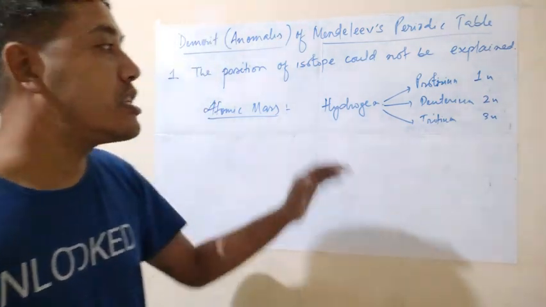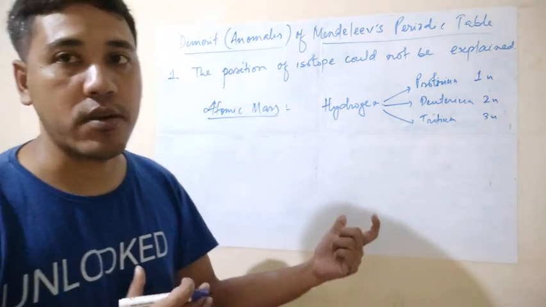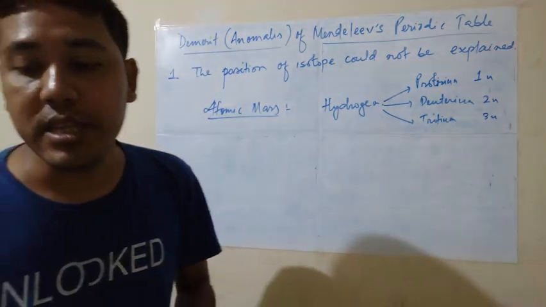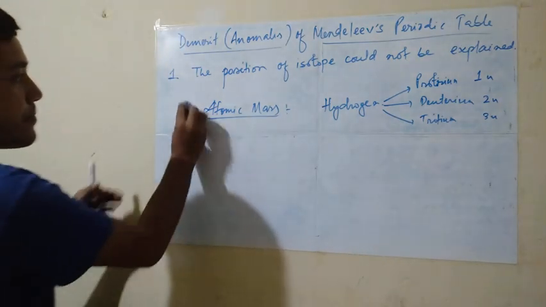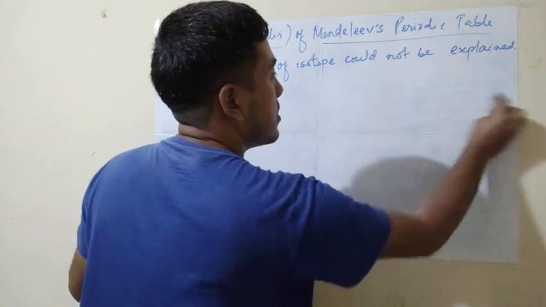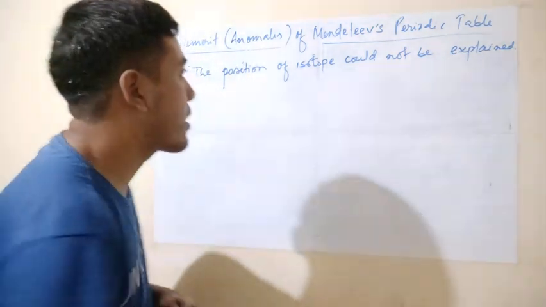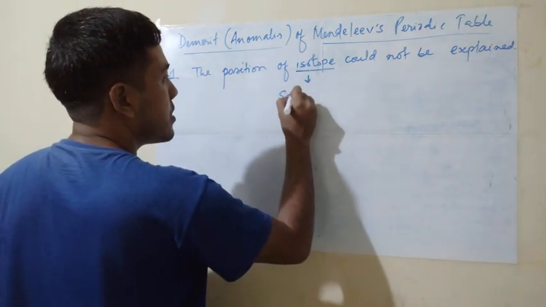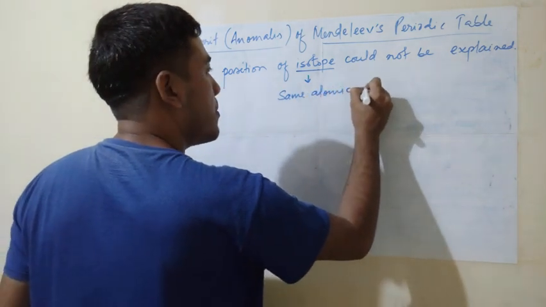But in his periodic table, he did not put any gap for the isotope, or he did not explain about the isotope. This is one of the demerits or anomalies of Mendeleev's periodic table. You all know the meaning of isotope, but I will explain a little. Isotope means same atomic number,